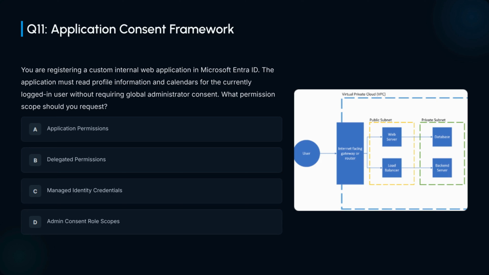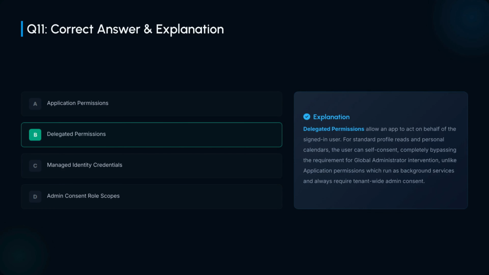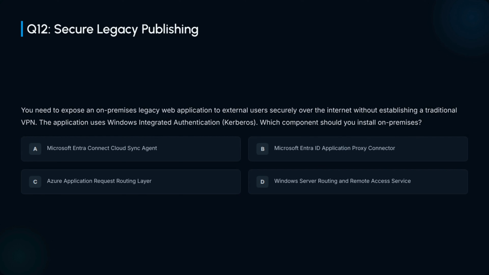For standard profile and calendar permissions, the user can grant consent themselves. Question 12. You must expose an on-premises legacy web app using Windows Integrated Authentication to external users securely over the Internet without a VPN. Which on-premises component is needed? The correct answer is B, Microsoft Entra ID Application Proxy Connector. It manages the secure outbound connection to Entra ID and uses Kerberos-constrained delegation to pass local authentication tickets to the